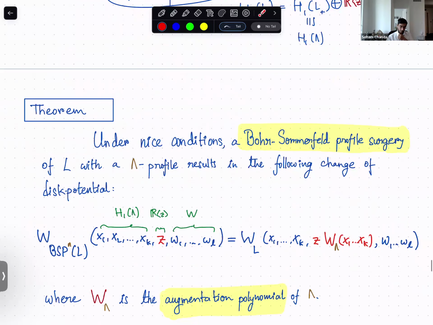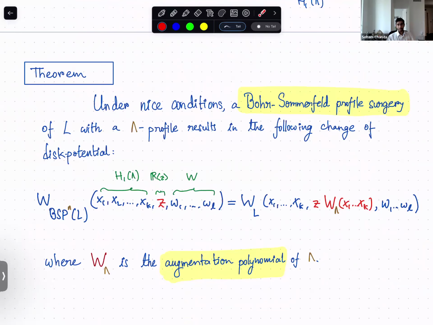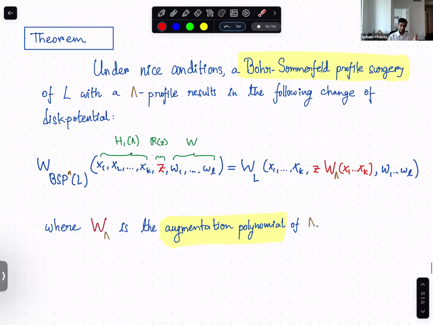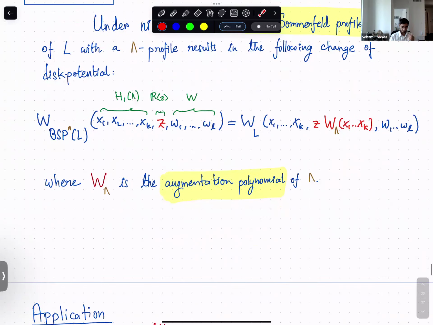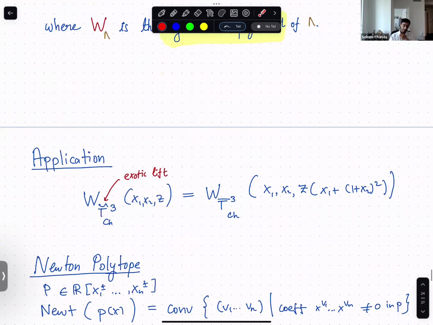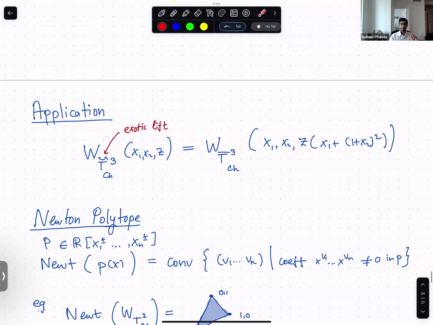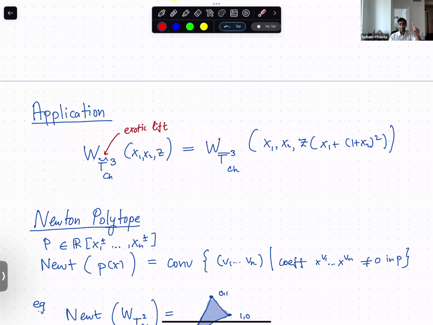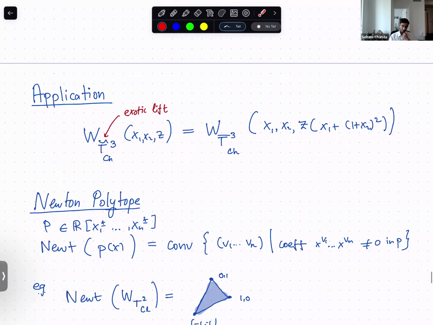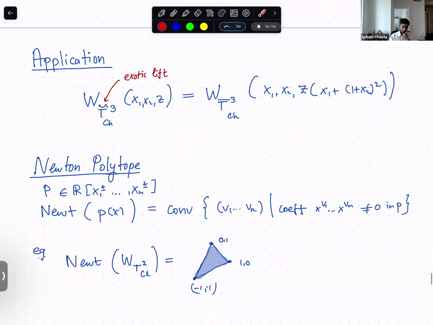Okay. So now we have an understanding of what the disk potential formula is doing. It is keeping almost everything the same except this Poincare dual, which gets multiplied by this potential augmentation polynomial. Now I will tell you how to see that there is one new monotone torus. So for that, let's